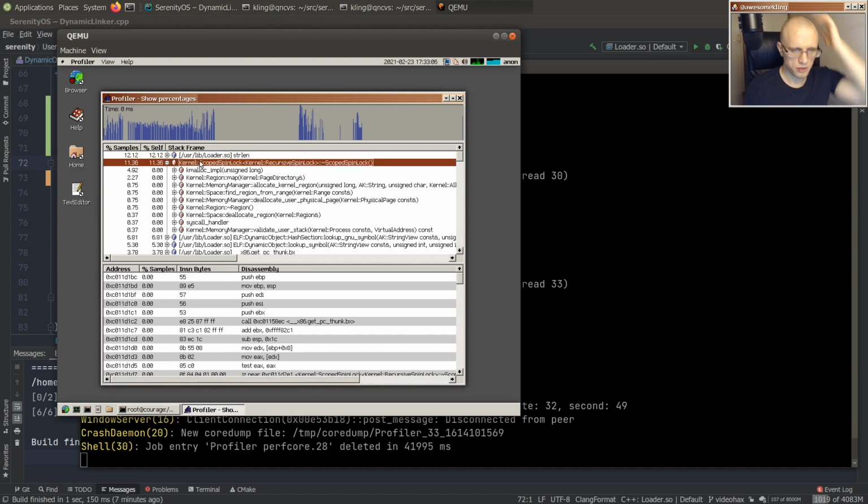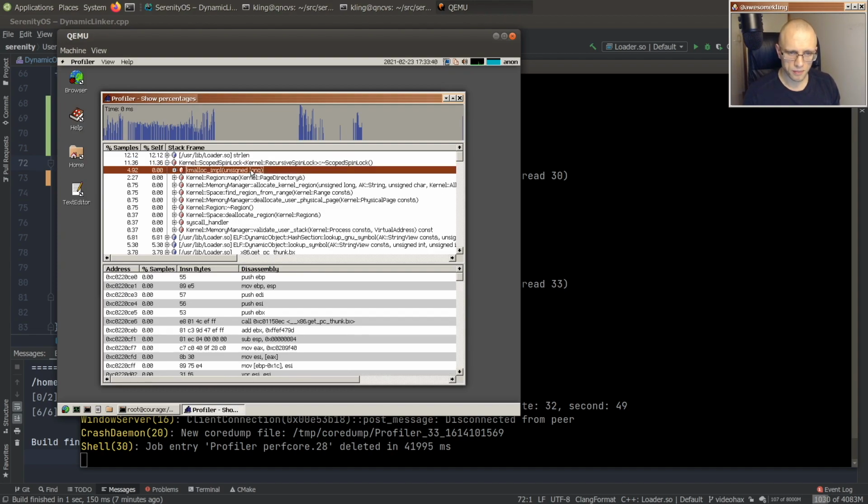when you see the kernel doing stuff in profiles, it's usually a bit annoying because the kernel will disable interrupts here and there, so you don't have full visibility into it because we depend on interrupts for profiling samples. So it will go for lengths of time without being able to be sampled. And then you end up getting all your samples in this destructor of scoped spin lock, which is I think also where interrupts get re-enabled. I think that's what's happening. But anyway,